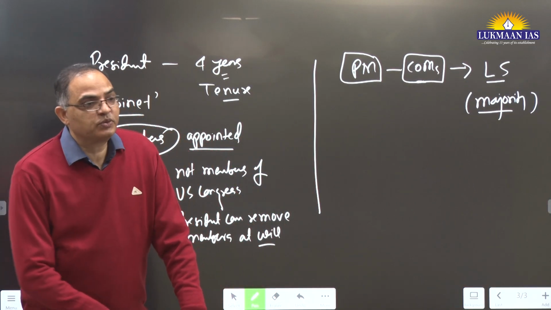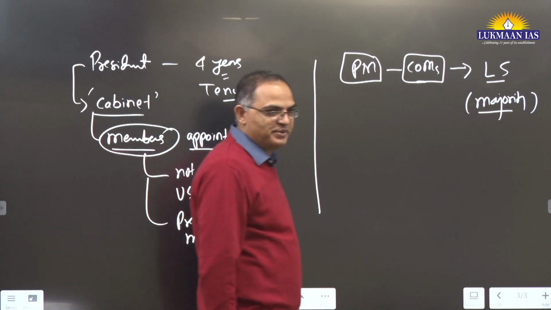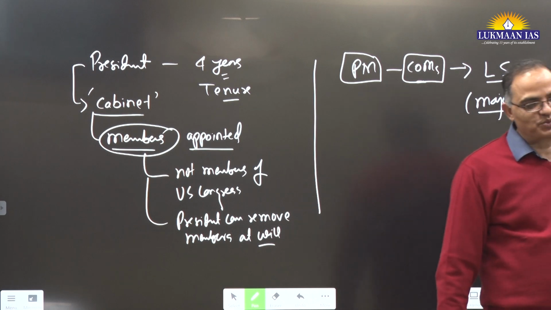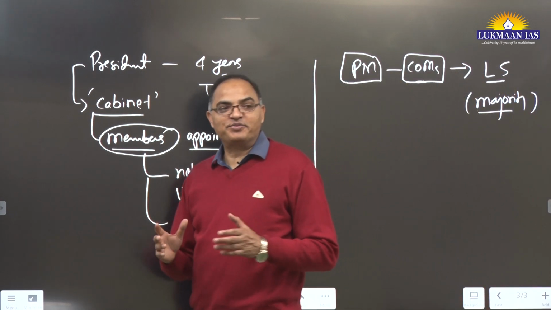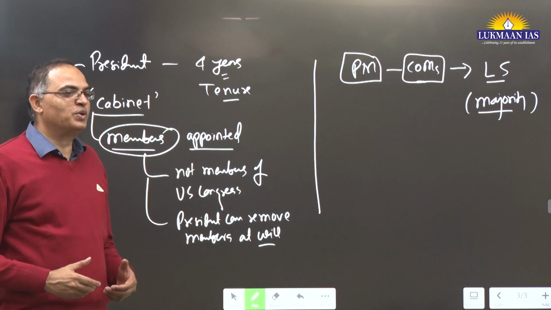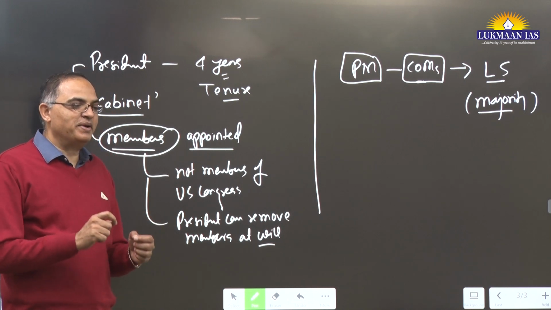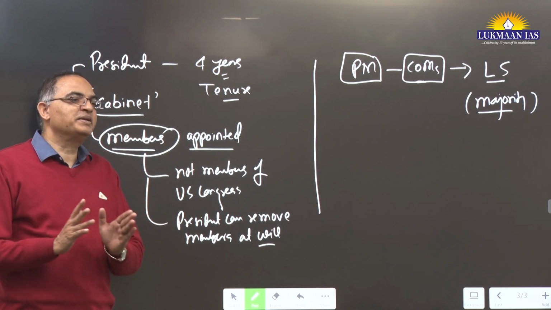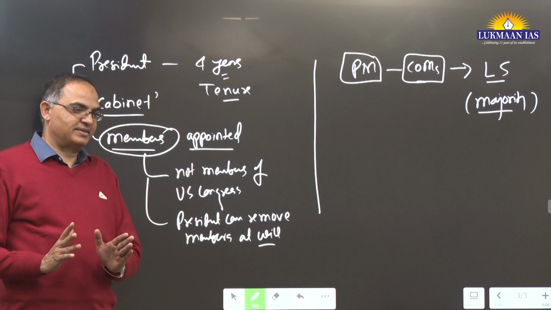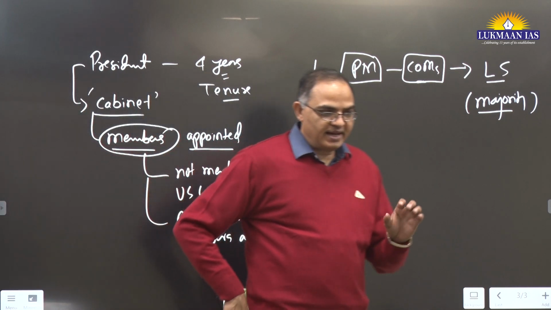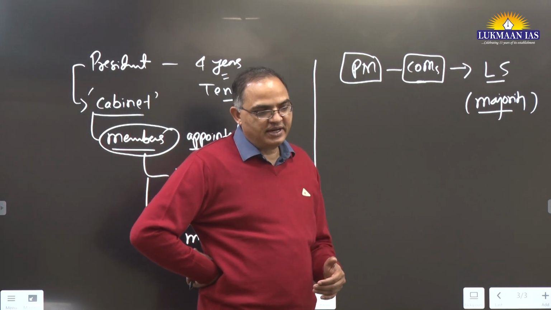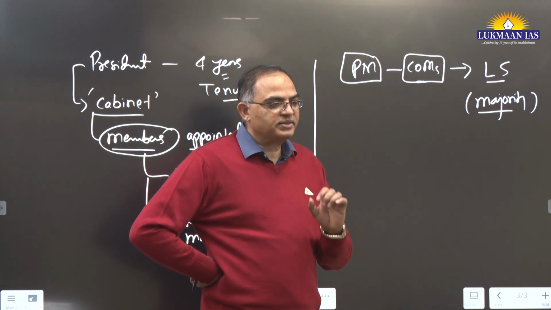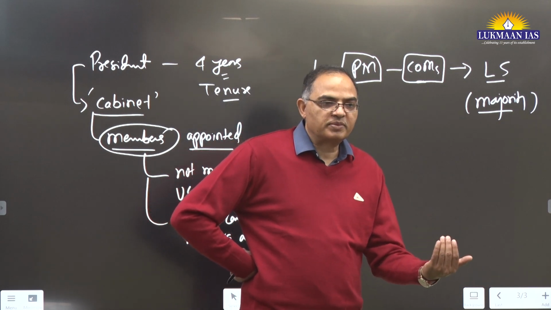The president in the US is free to select his own cabinet members. That's why Elon Musk can also be a cabinet member. You should know this. But the Prime Minister in our country is not free to choose his own cabinet members. The cabinet members must belong to Parliament in general and Lok Sabha in particular. This you should know. In general Parliament means a Rajya Sabha member can also become a minister.